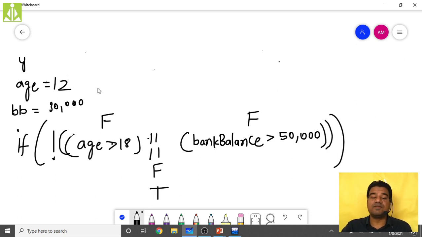Okay, so this is when the government is simply reversing its strategies. Whatever conditions you have applied previously, and at some point you feel that exactly the opposite of that one you need, apply the negation. No need to change the entire expression, simply apply the negation, you will get the same result.